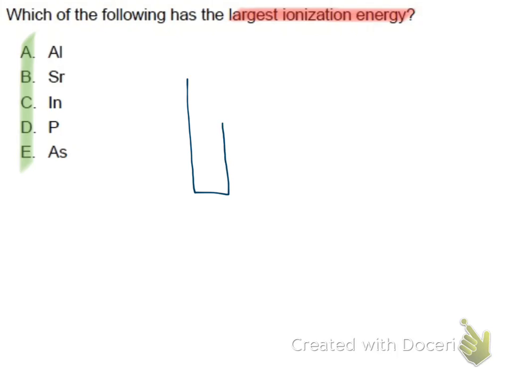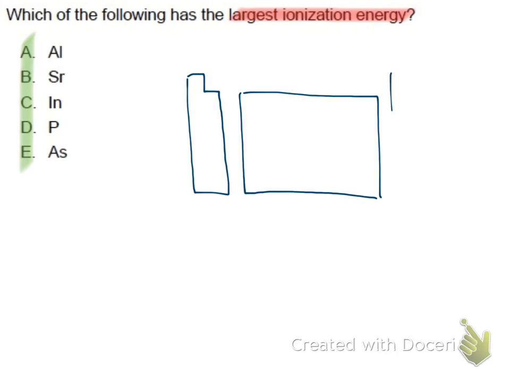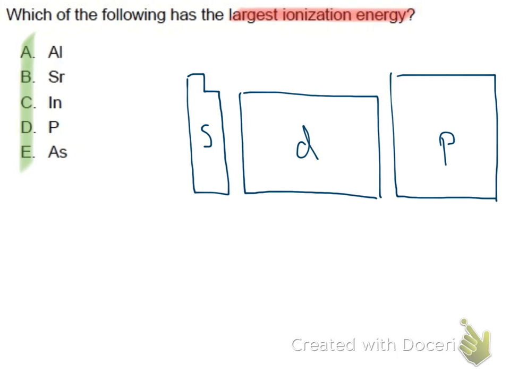I'll sketch that real quick, and the trends that we've learned about the periodic table. So, alright, there's a periodic table, and we have the S, D, and P blocks. I've just separated them out so that it's a little bit more recognizable. And then we're thinking about ionization energy, and hopefully we recall that ionization energy increases